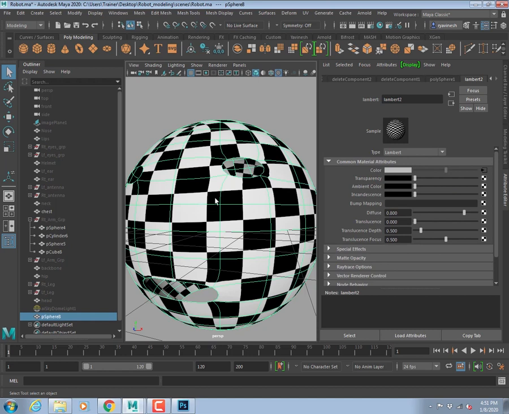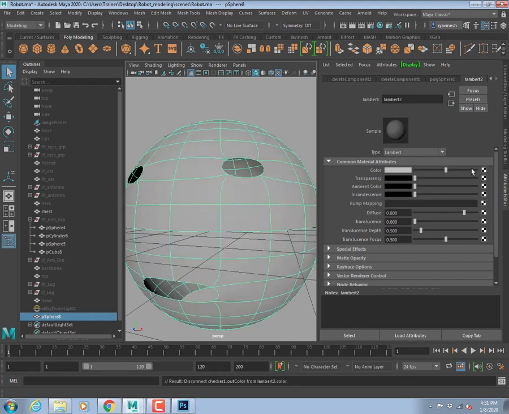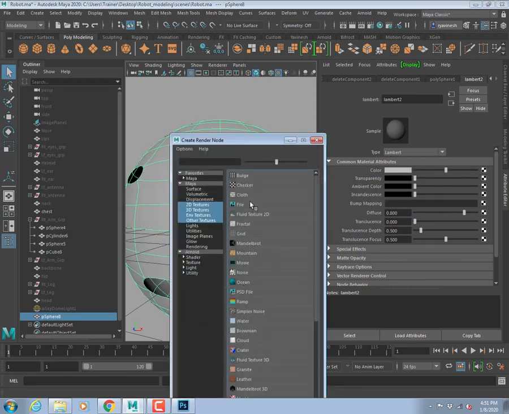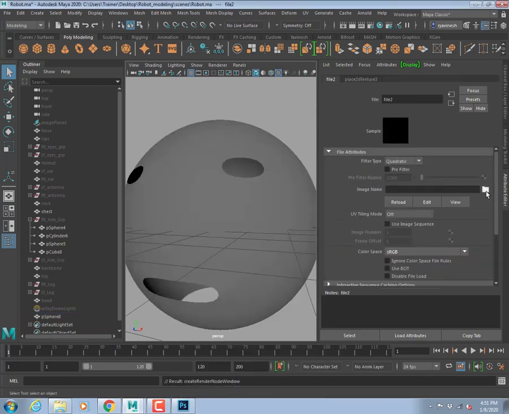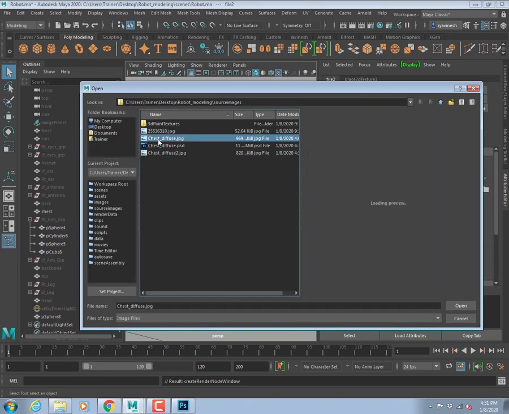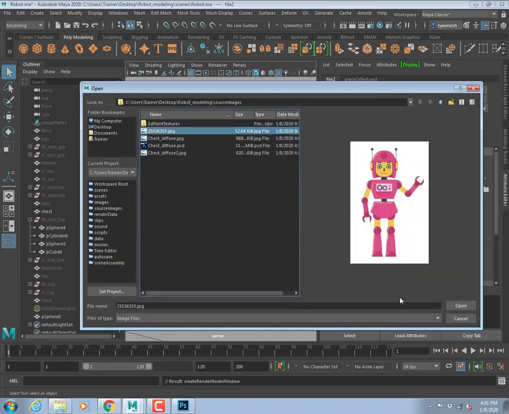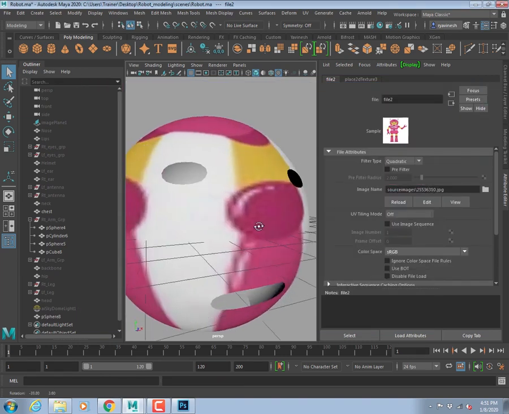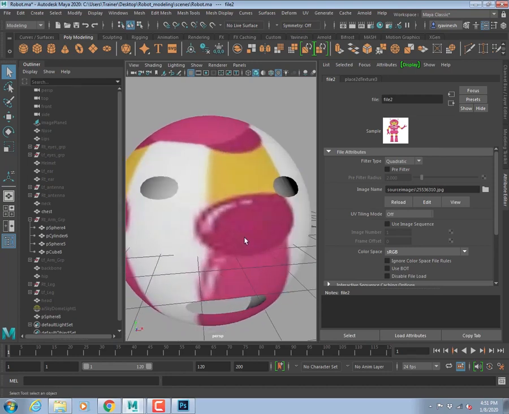So for example here I already painted it as checker. Right click at the color, break connection, I don't want checker anymore, I want file. Click the checker, choose file, and then browse your file, clicking this icon, browse your texture file. Okay, right, with the simple